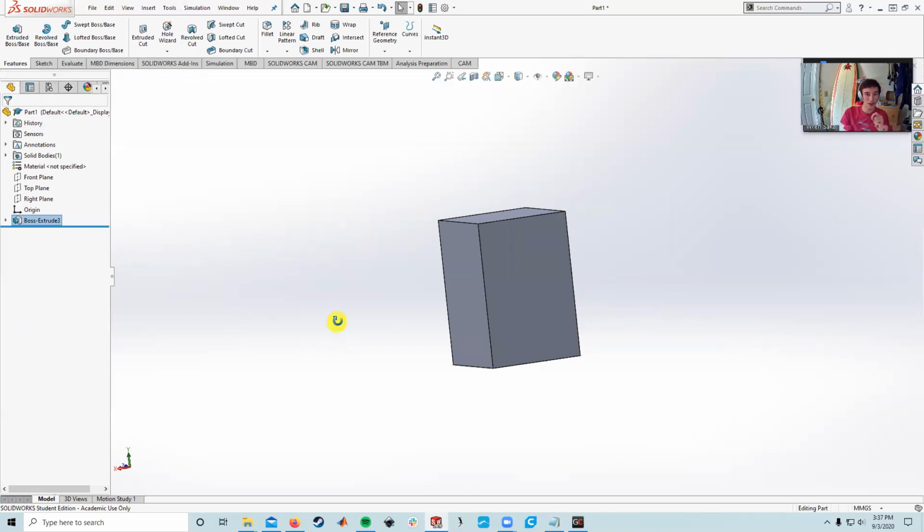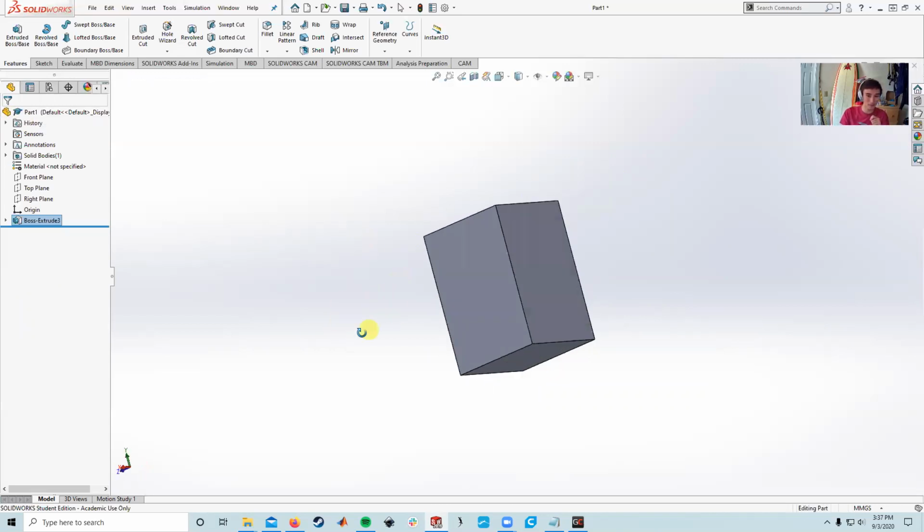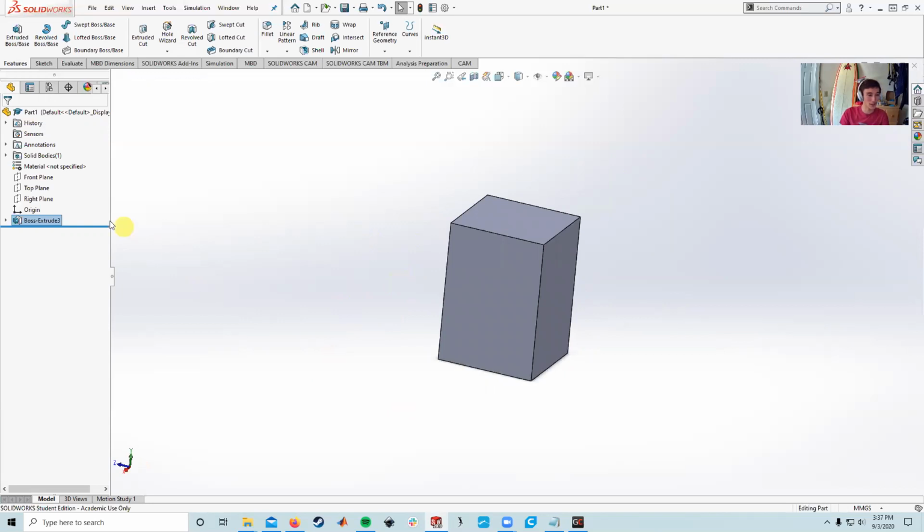And see, now we have this box. You'll also notice that in the feature tree, which we've talked about before, you can see that that extrusion appears in the feature tree. And that's important for a few different reasons. The first one is you can edit the feature. So we went over editing sketches in another video, but it's very similar to editing a feature. All you do is click on it once,